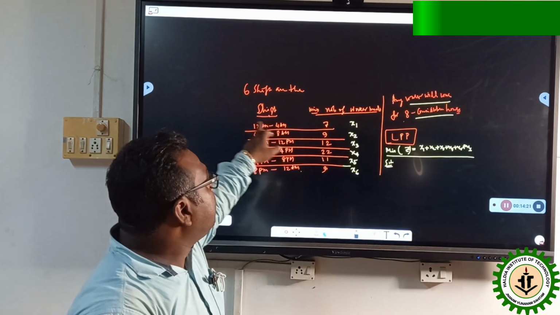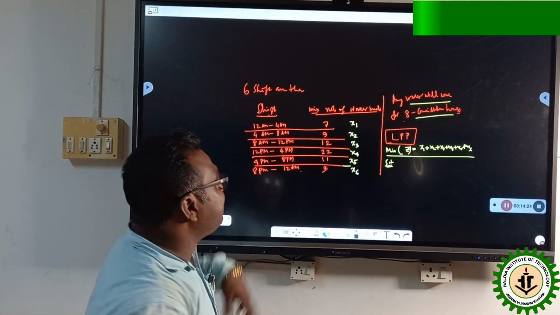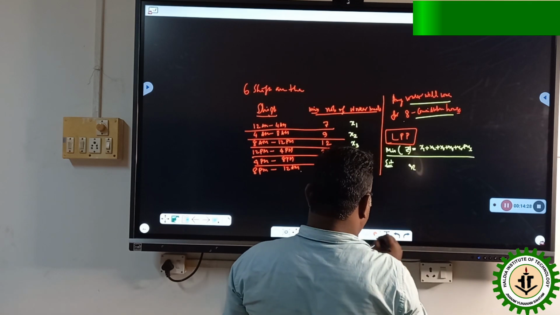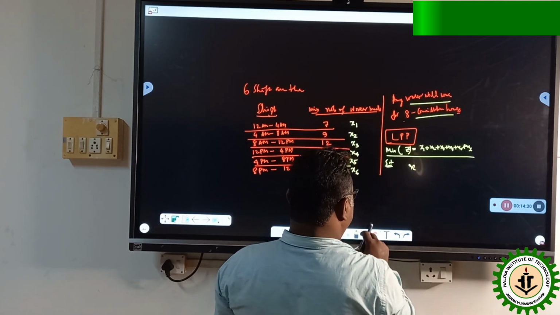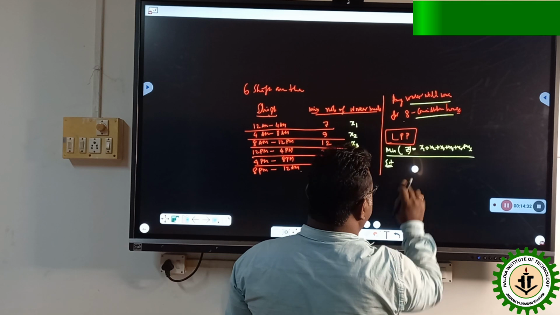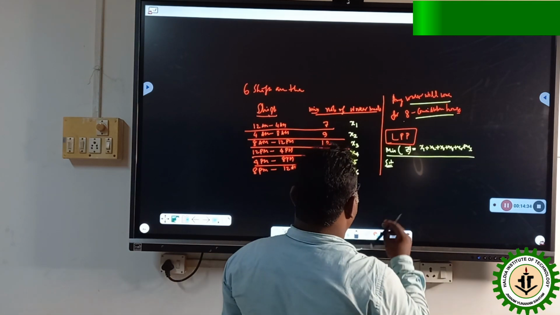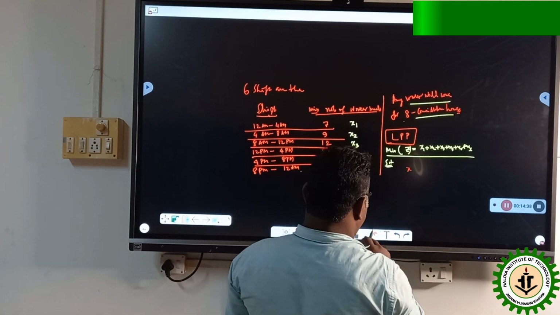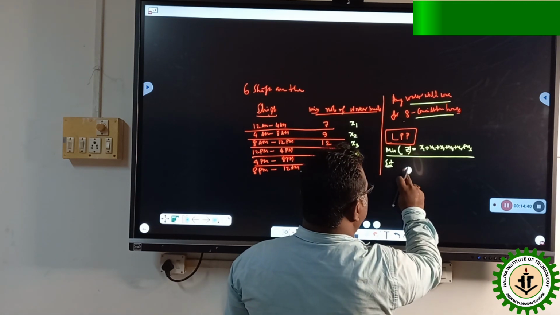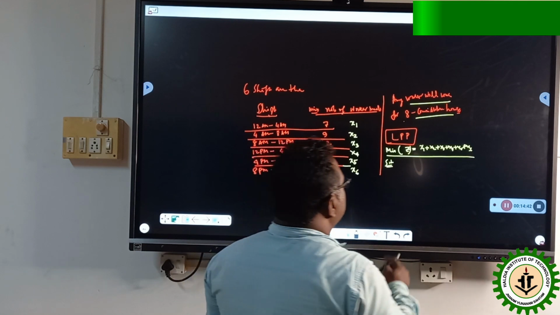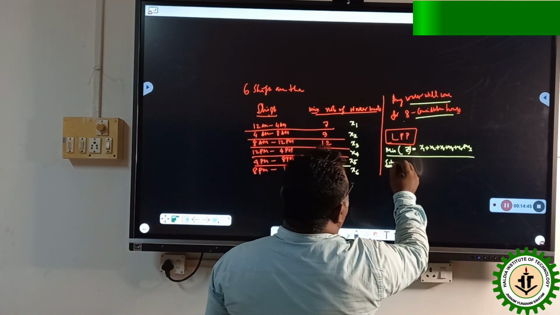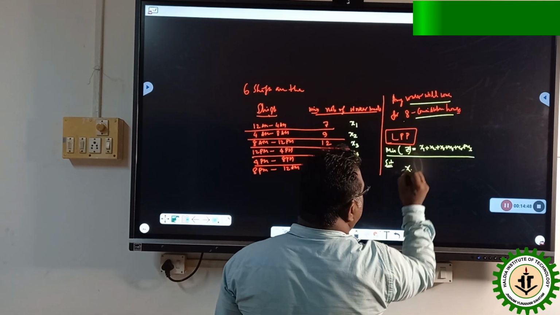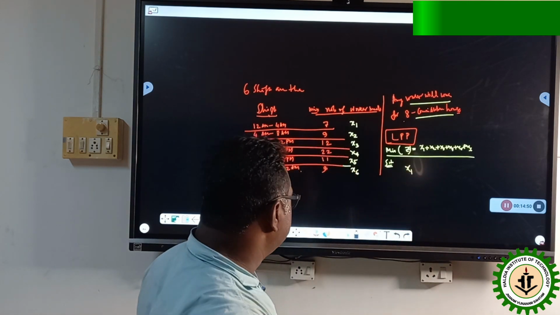On that basis, in the second session, the total number of workers will be x1, who did the work in the first session,